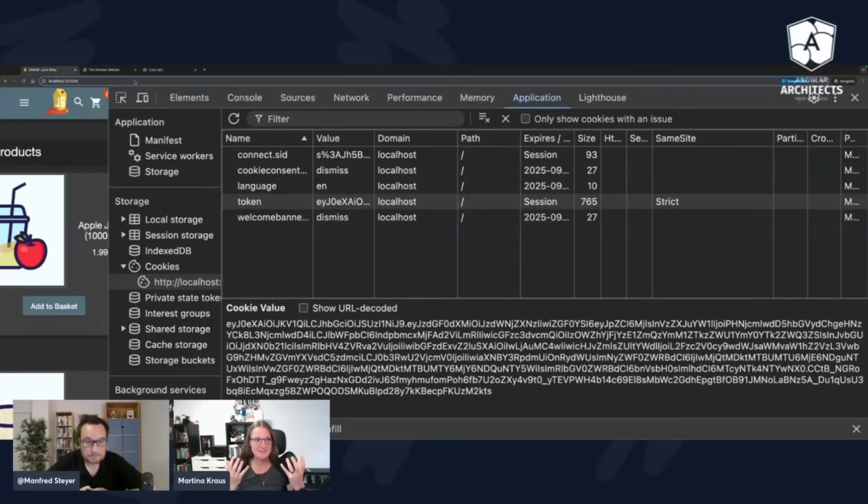Which basically is, I mean, we have a couple of other countermeasures. Actually, Angular has a built-in mechanism to protect ourselves from these so-called CSRF attacks, cross-site request forgery attacks, because Angular automatically sets a custom HTTP header.